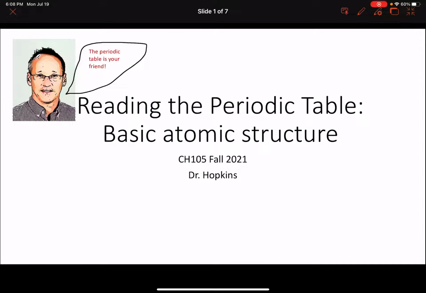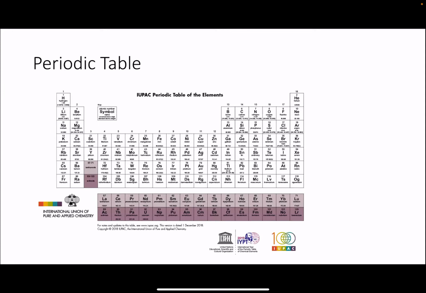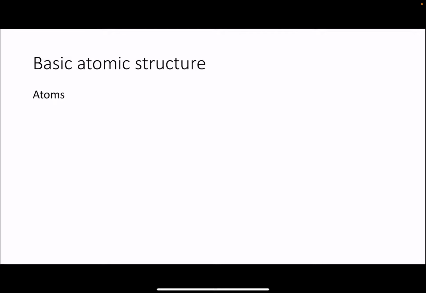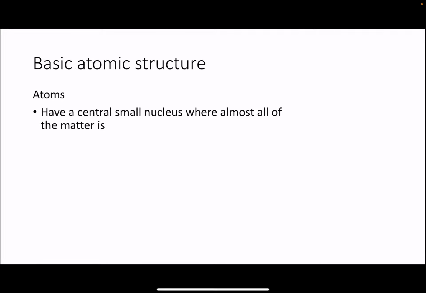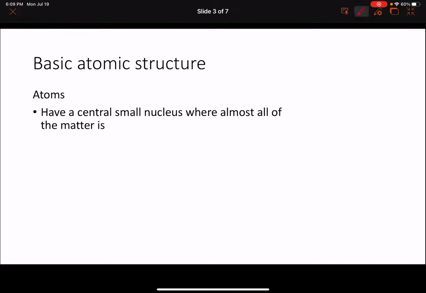And today we're going to talk about basic atomic structure and basically what we can read off of the periodic table. So here is an example of the periodic table, or one. You can look up many of them online. This one happens to have the names of the elements in each of the boxes, but just shows you, this is from IUPAC. And so basic atomic structure, atoms basically have a small central nucleus, and we're going to draw